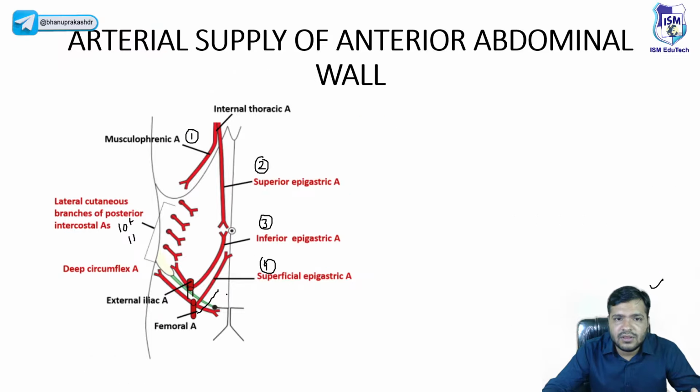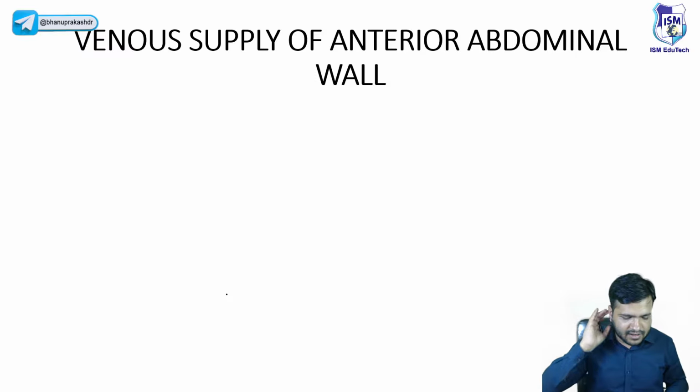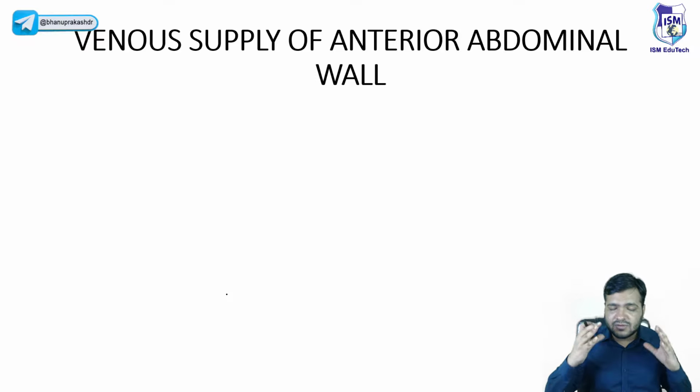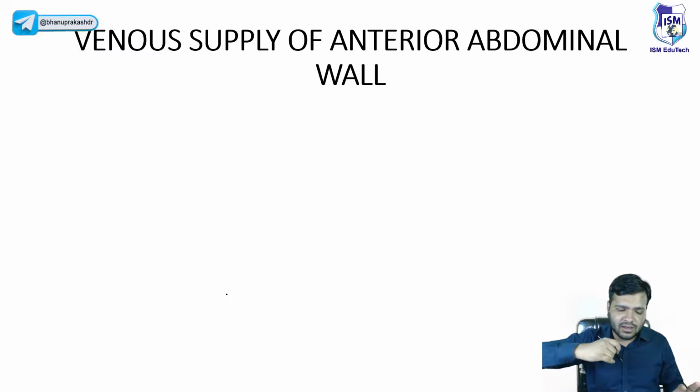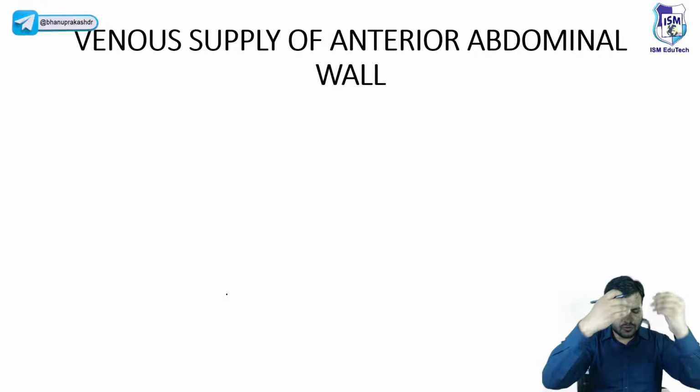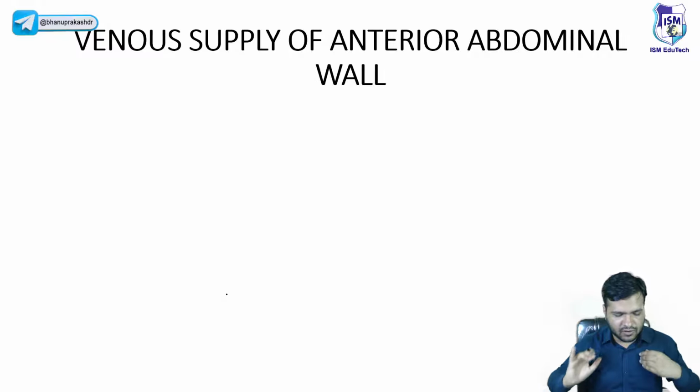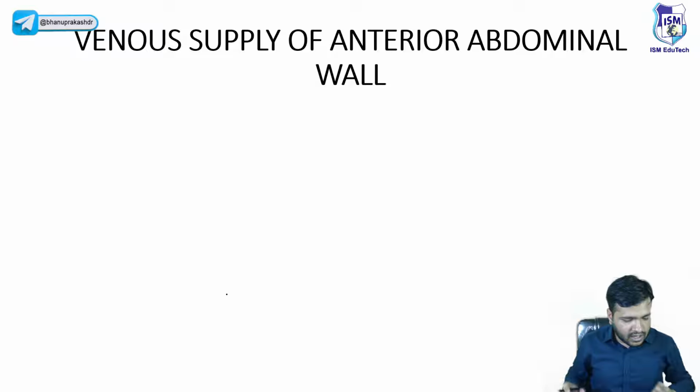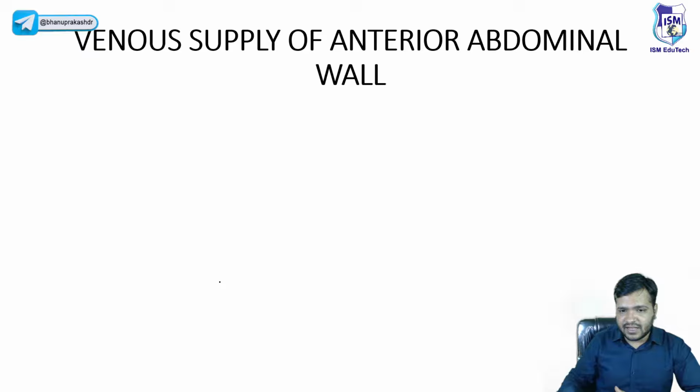Okay, so I hope the picture is clear, the arterial supply is clear। एक final thumbs up दे दो so that I can start with the venous supply of the anterior abdominal wall। आर्टेरियल सप्लाई क्लियर हो गया है तो बेटा किसी को समझाना होता है तो इसी तरीके से समझाया करो कि बिल्कुल बेसिक से स्टार्ट करो, लेफ्ट वेंट्रिकल से ले जाओ आर्टरीज को उठा के और फिर दिखाओ कि हाउ इट इज गोइंग टू द एब्डोमिनल वॉल, राइट? तनुप्रिया, डिंपल, मनीष, एंजल मैथ्यूज, वेरी गुड, वेरी गुड गाइस।